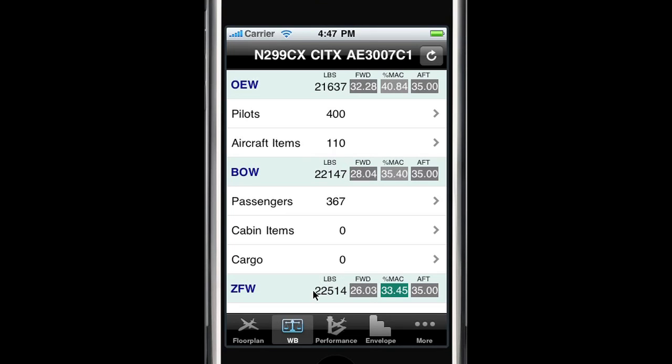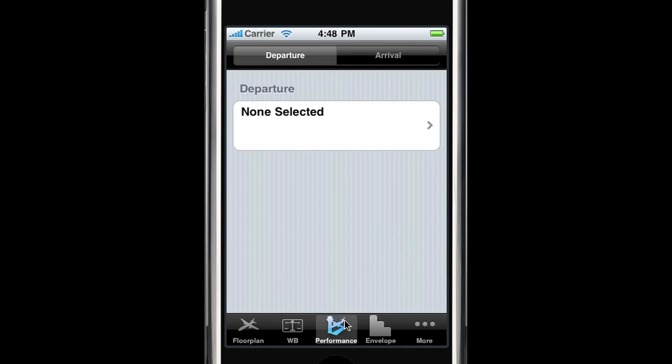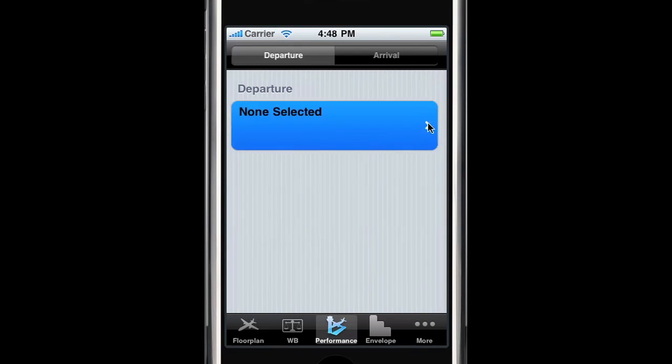And if at any point any of the weights or the CG values that are calculated are out of limits, that appropriate field will turn red. We'll return to the weight and balance in a moment, but next let's move to the third tab and look at performance. Performance is separated into departure and arrival calculations. Starting with departure,